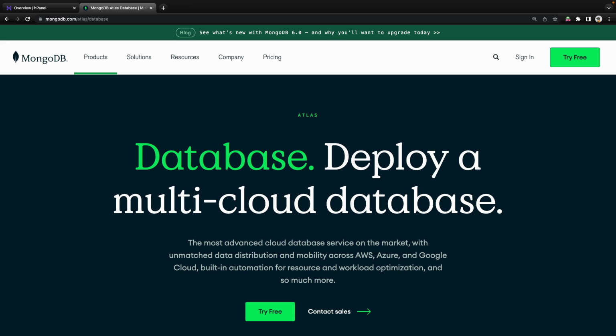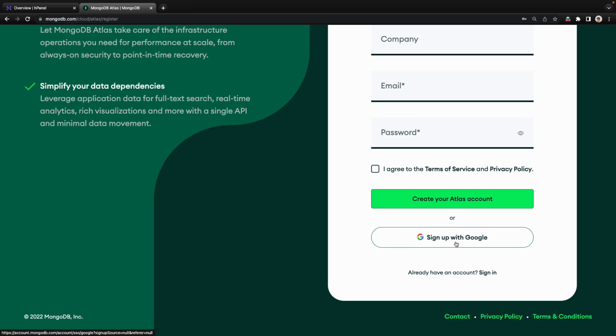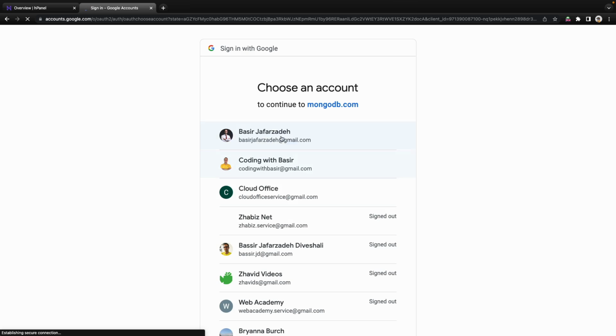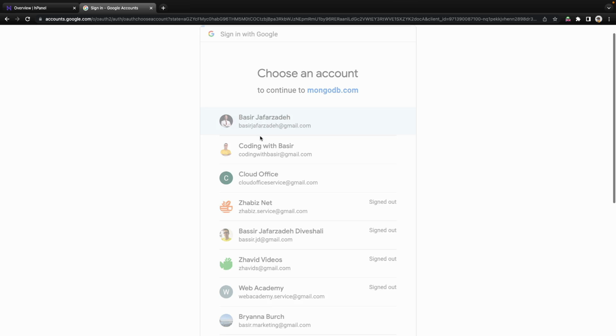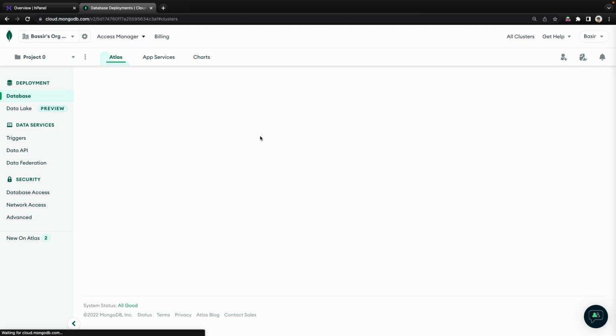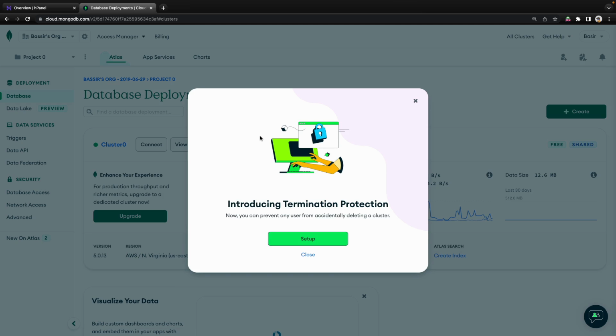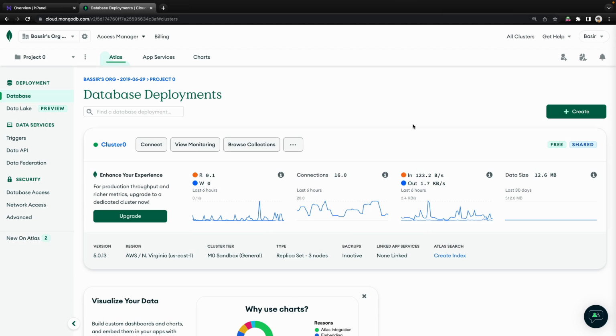In the next step, we need to create a MongoDB Atlas database. Go to this address, mongodb.com/atlas/database, and click on try free. Here you can click on sign up with Google and then select your Google account. Automatically you will be redirected to this page. What you need to do is to just create a sandbox cluster,